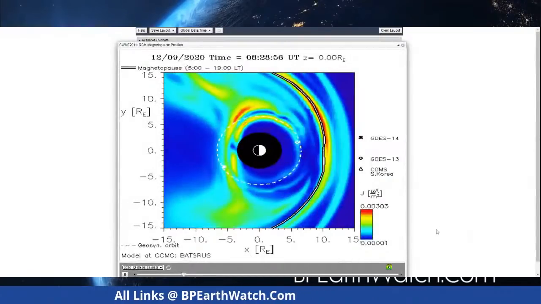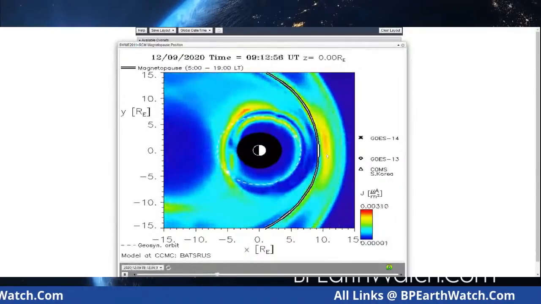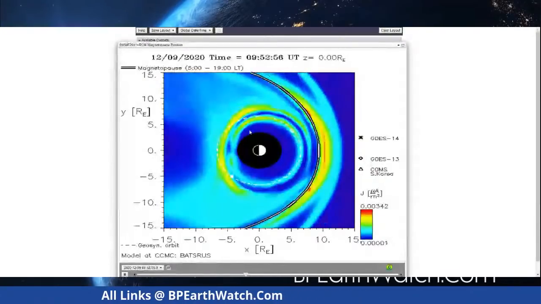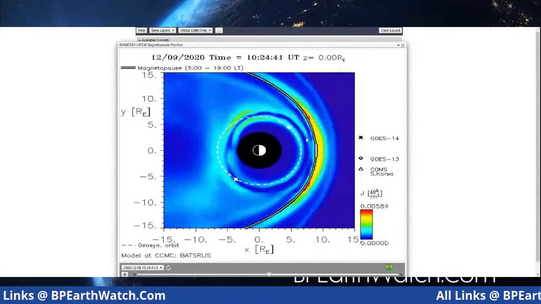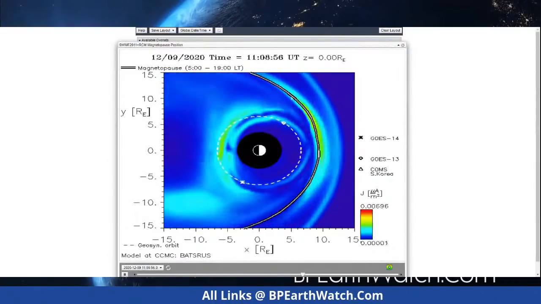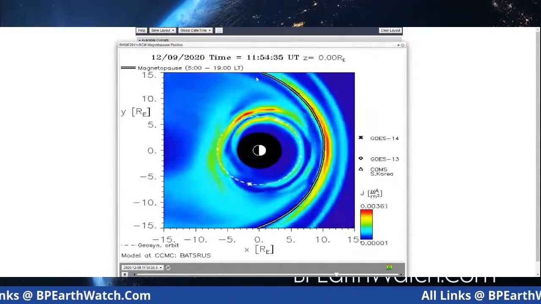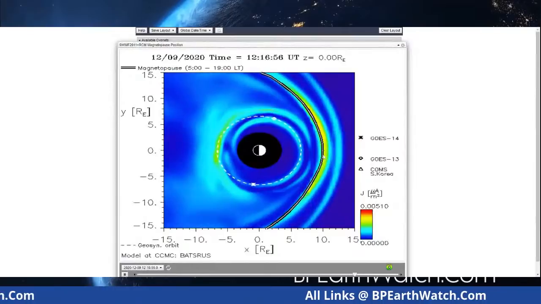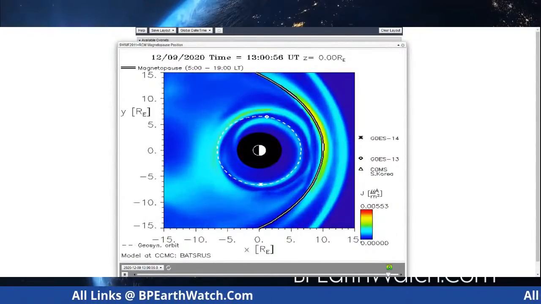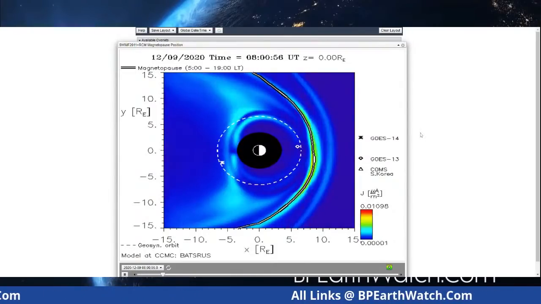But again, 12, which I'm going to hold my cursor on, is the normal place that this white line is. And you can see as these waves come from the sun, these satellites are giving us just a few minutes of warning time, because as the pressure hits, the satellites are detecting it where our shield is. You can see it's starting to feel the pressure, but this is minute. Now this pressure will just about double, and I've seen line after line come in right there.